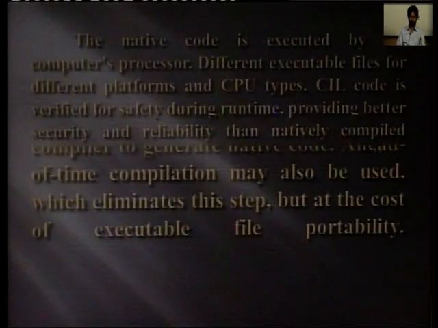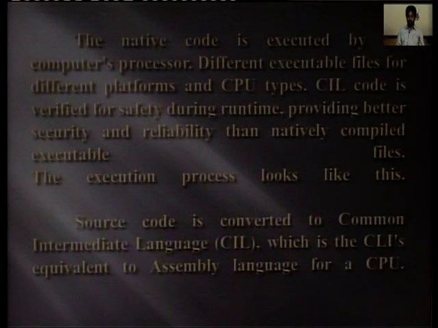The native code is executed by the processor, with different executable files for different platforms and CPU types. The CIL code is verified for safety during runtime, providing better security and reliability than the native compiled executable file.